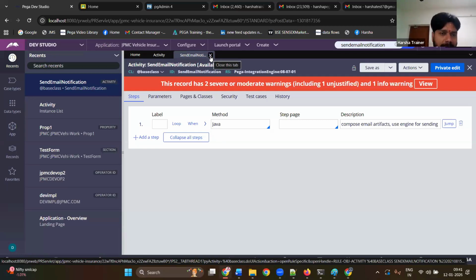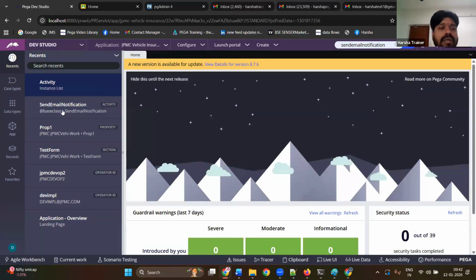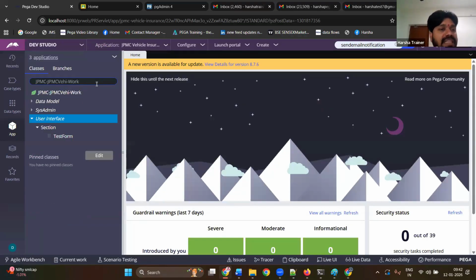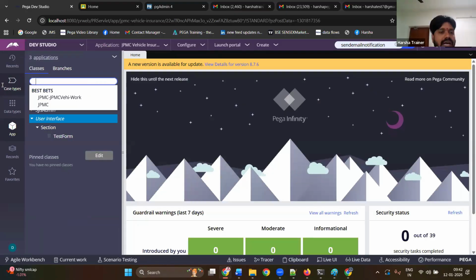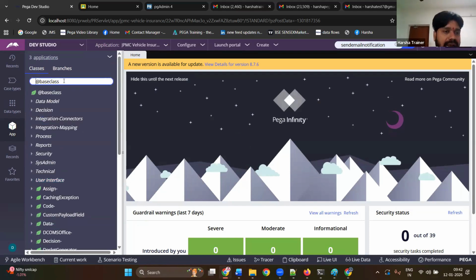The Pega platform application contains so many OOTB functional components and so many OOTB attributes. We already discussed that functional components and attributes should be there within classes. That means all the OOTB functional components and OOTB attributes of the Pega platform will be there in some OOTB classes. What are those OOTB classes? By name, the @base class. @base is the name of the class; every class will have a name. It is a Pega-provided class. It has so many OOTB functional components.